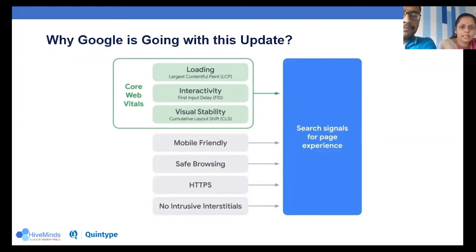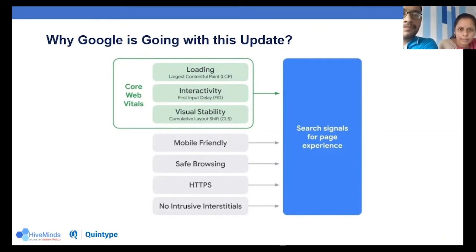Second one, let's say the page is loaded, or let's say the page is loaded half. Now, can I interact with it? Or do I have to wait for the whole page to load? So how is my experience of interactivity on the page? And number three, like Sachin explained, it's about how are the UI elements on the page. Are they stable? Are they jumping around? Let's say I want to go and click on the read more button and navigate through different pages on the site, and I want to read different articles, but my read more button is jumping around across the page. So these three are the main factors that decide how the experience for a user is on the website,